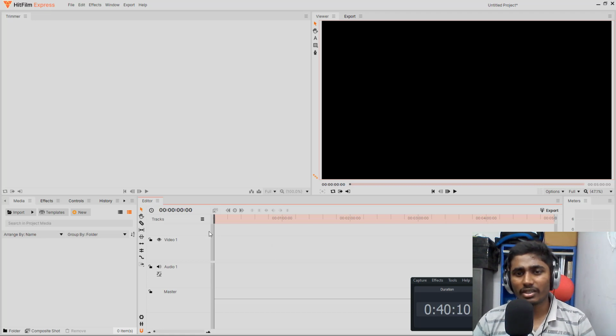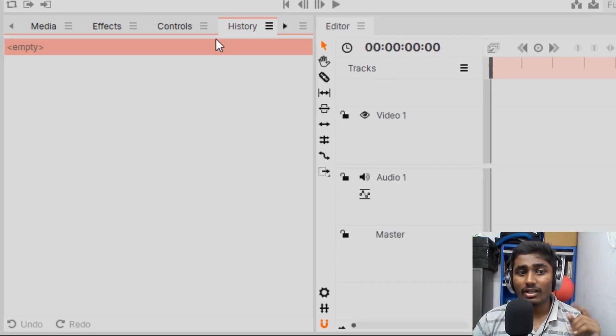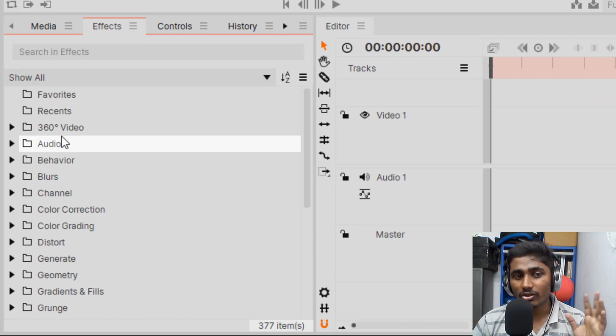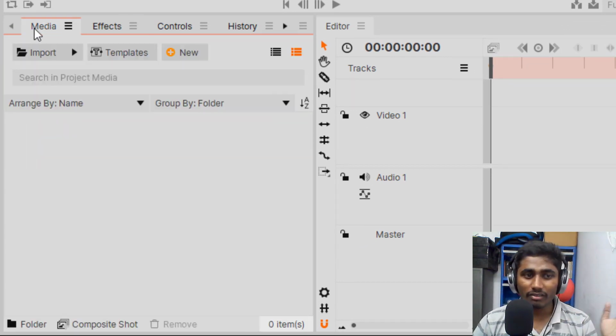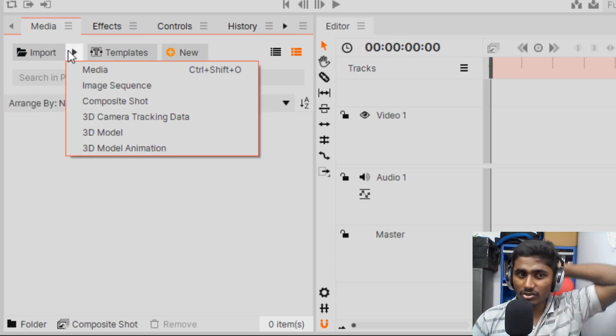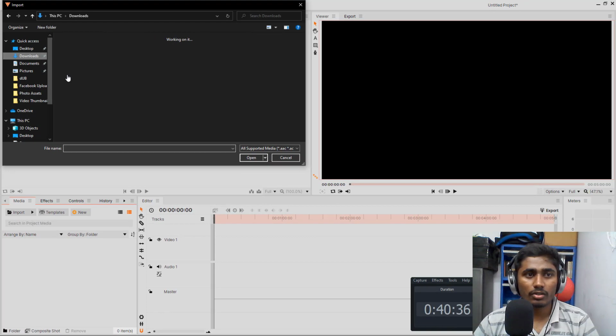So now our editing panel is visible to all of you. It's fairly simple. Here is the timeline. Here is the playback window where you could view what you are editing. Here you can give all the files. Here are all of your effects and controls. So I chose it, number one, because I have all of these effects which are very hard to find on free video editing software. So let me just import some media, downloads.